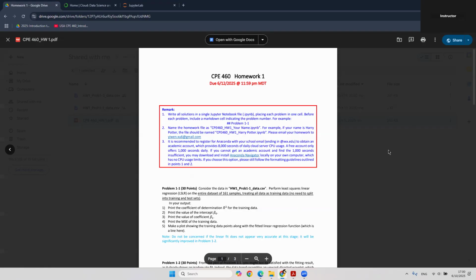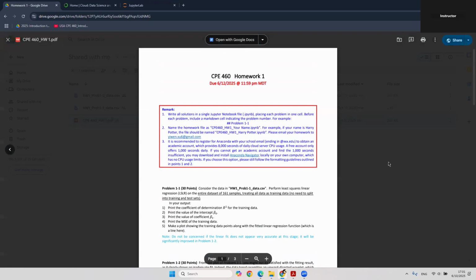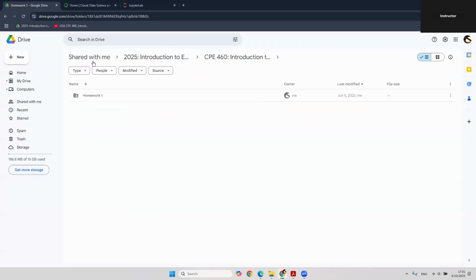Please start ASAP. Do not delay till the last day, because there could be many uncertainties, including the CPU usage time, or in case you have any installation problem. So start ASAP. Okay, so now today we're going to introduce